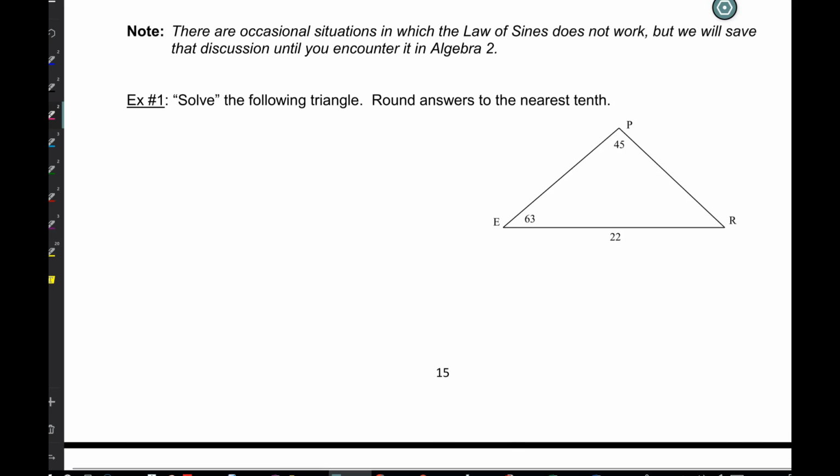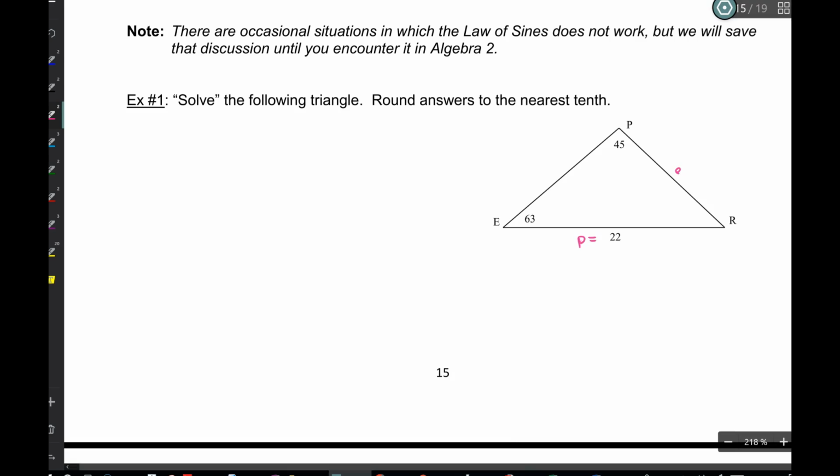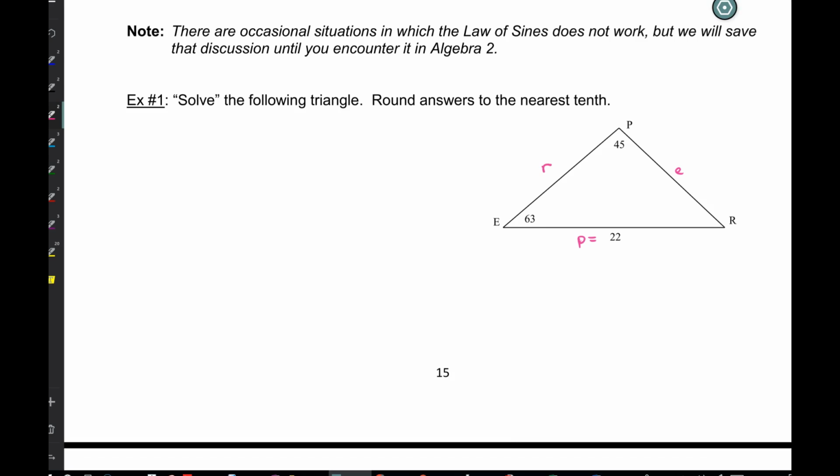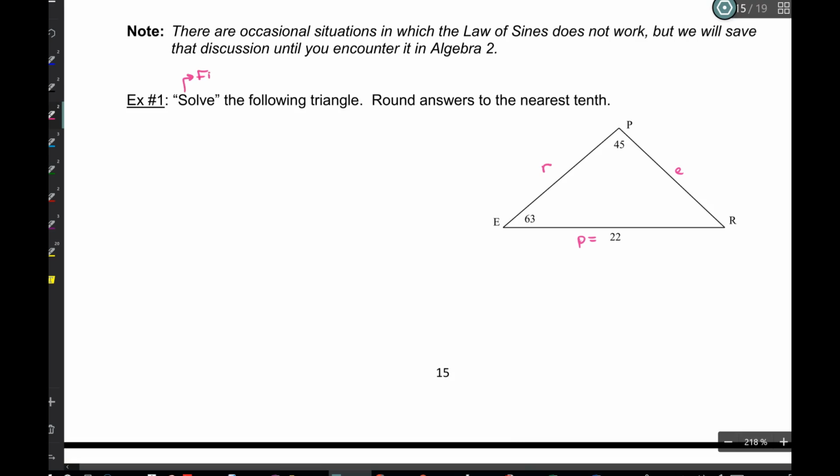Now, I didn't give you A, B, and C intentionally. I gave you different letters, E, P, and R. So let's go ahead and just label lowercase e, R, and P. And the directions are to solve the following triangle. You had some instructions previously when you were doing, I think, the trigonometry where it said to solve. That just means find all the missing angle measures and all the missing sides. So find all missing angles